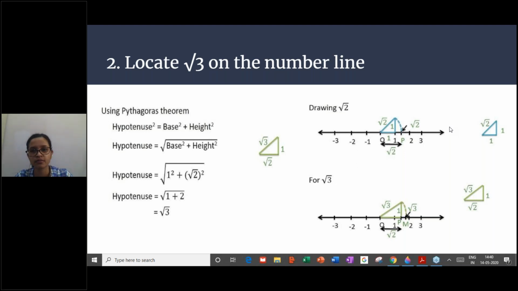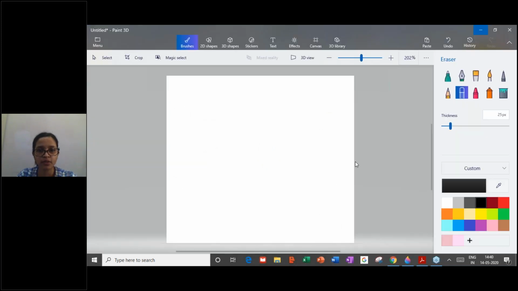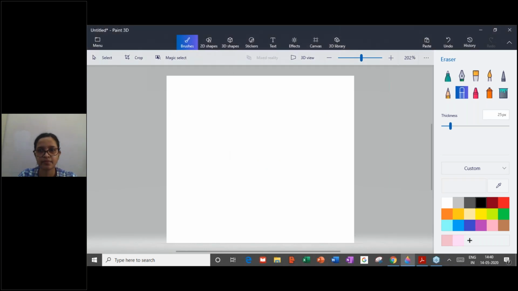So just make a quick note of it if you would like. Have you made a note? Can we move on? Please tell me the steps. Okay, Muskan, first you draw the number line. Wait, I have paint here. I'll explain it to you with this. For those of you who want the steps to make with the compass, first,